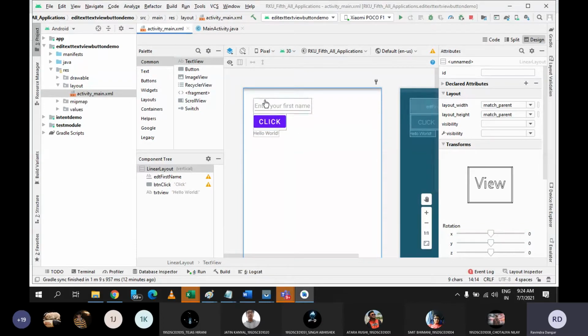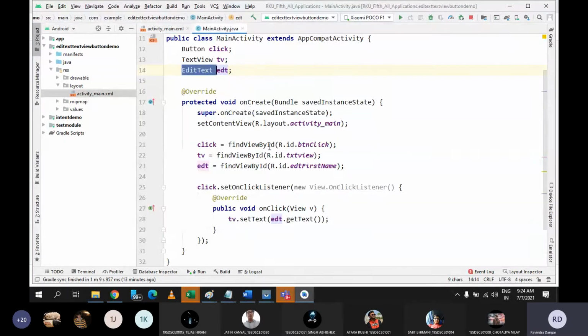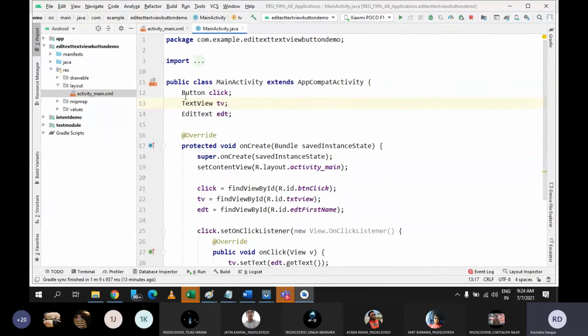You have put these controls in your activity, so you know which is which. Whatever controls are available in your XML file, you need to find the ID of all of them. I have 3 controls: a button, a text view, and an edit text. You can create any object here, and whatever ID you get, you can store the reference in the object.